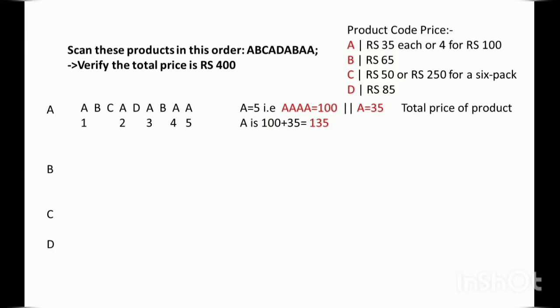So here A is 5. For 4 A the value is rupees 100, and for a single A the value is rupees 35, and the total price of the product is 100 plus 35 equals 135. Right side, product code prices are given below. Second, we have to calculate the B in our string. Here are 2 B's, and there is no